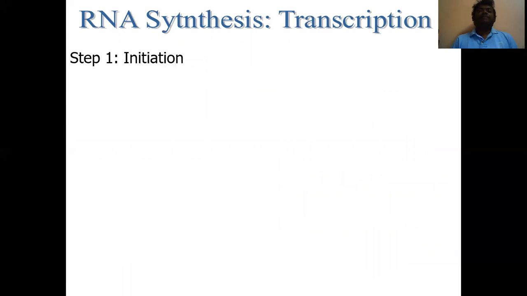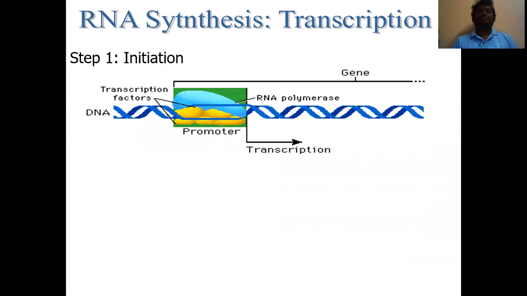Next, the same steps are involved in transcription as we saw in replication: initiation, elongation, termination. And the first step is initiation. Generally, the initiation of replication takes place at the replication fork, whereas in transcription the initiation will start from an area called the promoter area. This promoter area is identified by the presence of transcription factors, and these transcription factors are located